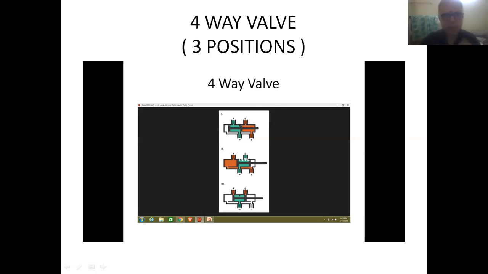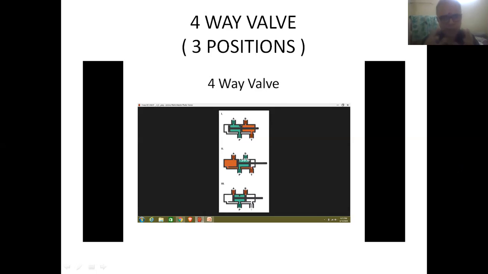Of course, the inlet port is connected to the pipeline coming from the supply source. And ultimately, the exhaust port is connected to the pipeline which either enters the atmosphere or enters the reservoir.